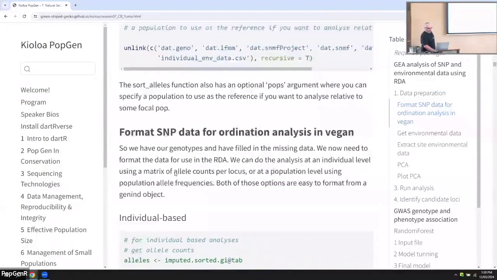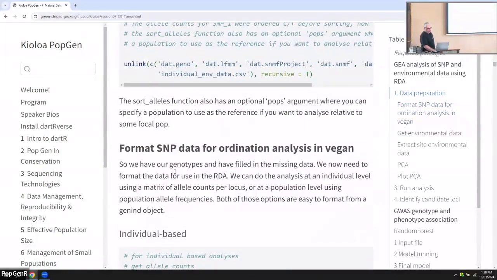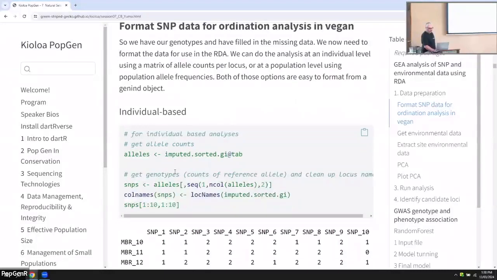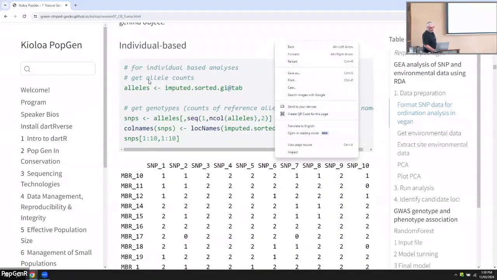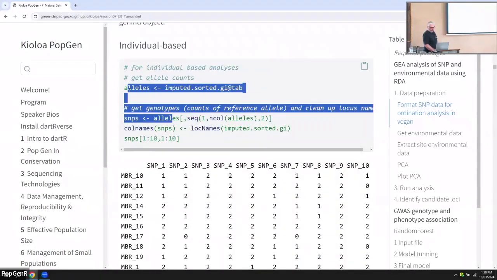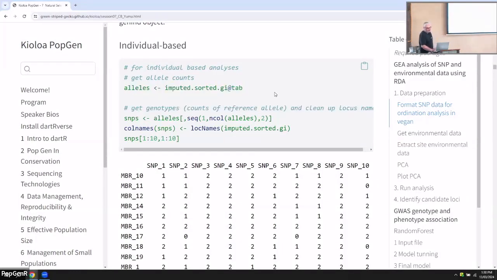All right, now, there's a note there about the function, we can talk about that later. You have a choice to make whether you want to run your RDA on an individual basis or on a population basis. If we want to do individual based, we can format our data so that it's ready for the RDA by taking the data from the tab slot, which is just your rows of individuals by